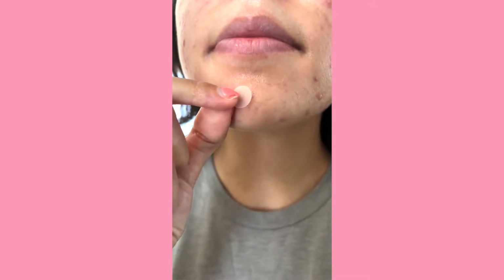As soon as I see it coming, I get a couple, because I'm not going to lie, I've been a pimple popper in the past, but I just can't help it because I hate seeing the little white head. It just doesn't look cute. It's nasty, and I'm like, it's ripe and ready to go. I know I shouldn't. So this has also really helped with my picking and urge to pop my zits,